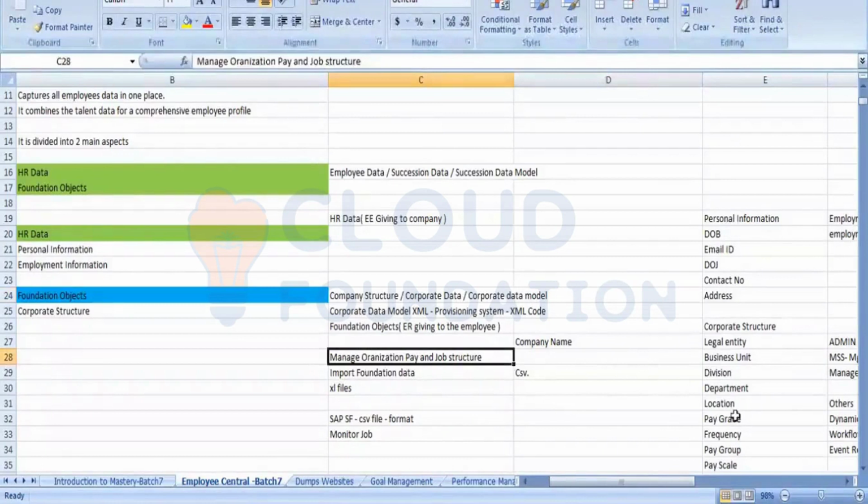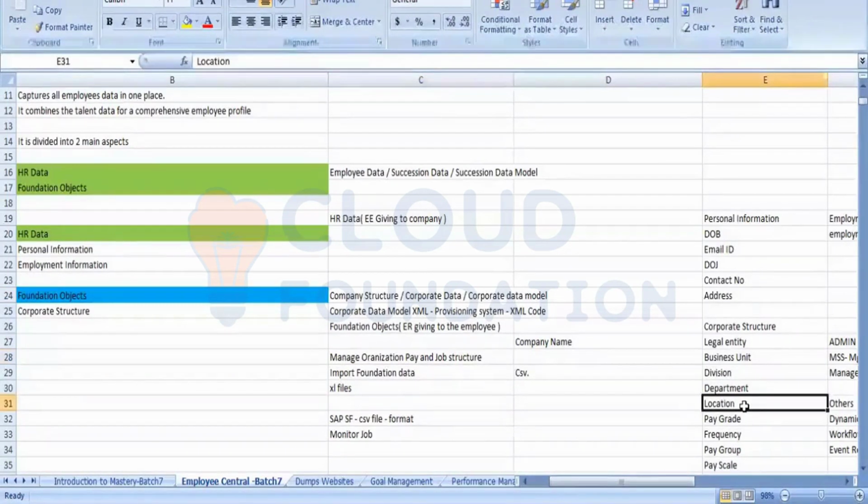Suppose I give an example: you want to create a record for location. For locations you want to create Hyderabad, Bangalore, Mumbai, Delhi. So this is the record you are creating. You have a company and the company has 4 branches located in India: Delhi, Mumbai, Hyderabad, Bangalore.